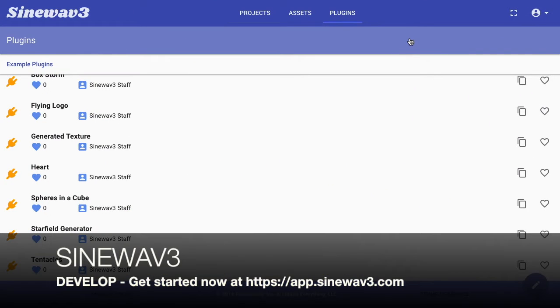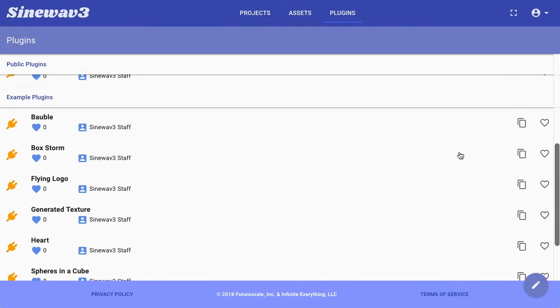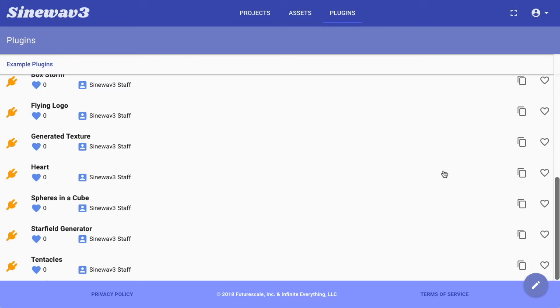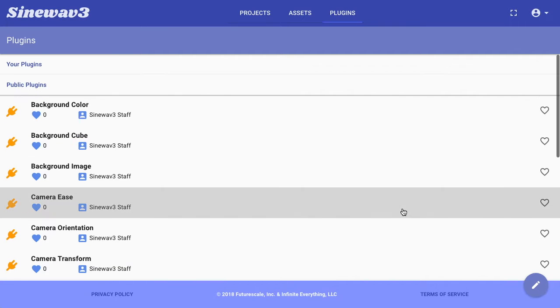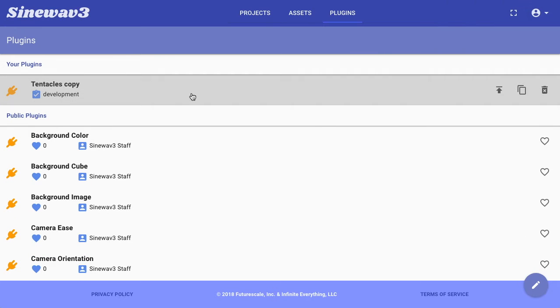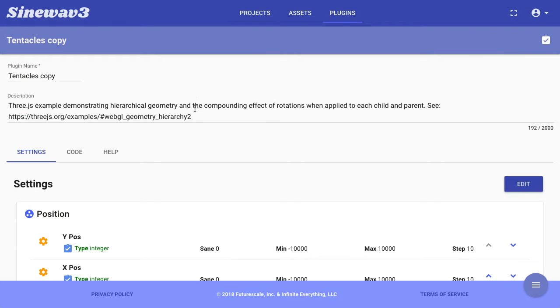One of the best ways to get started is to look at the example plugins. All of the API functions are exercised in the example plugins, and every time a new API function is rolled out, there will be an example that will show how to use it. So today, let's copy the tentacles plugin, and you can see that this is a Three.js example. Hierarchical geometry,